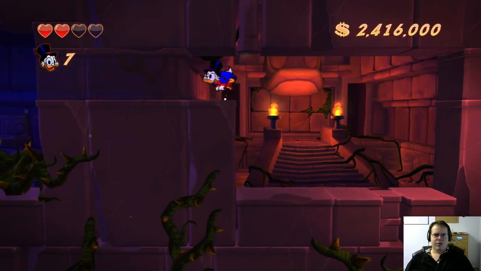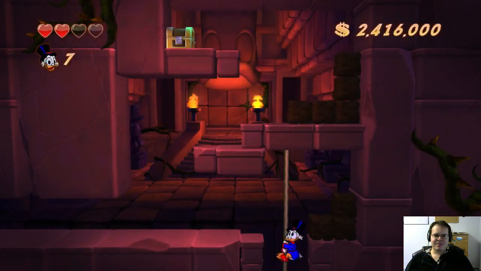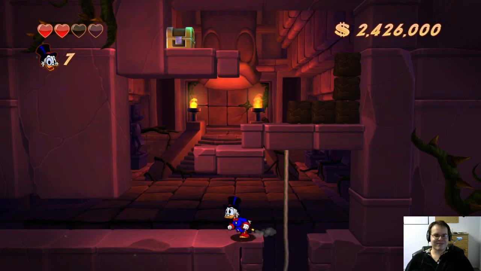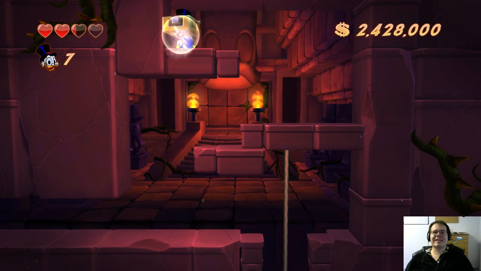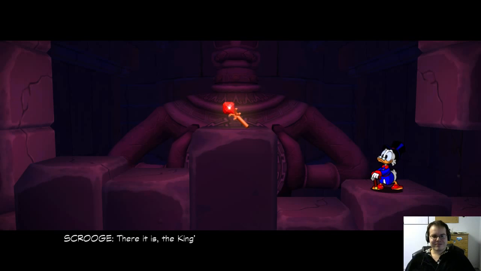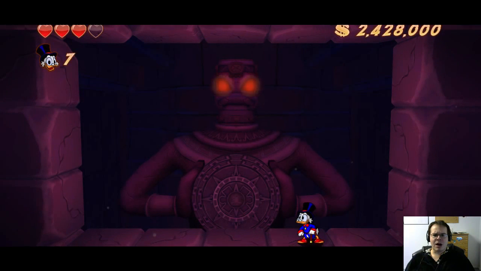Okay, we got 7 lives, we got 2.4 million Zenny. Good. I just can't use the right unit of currency no matter what game I'm playing. Although I guess, yeah, Misadventures... I didn't even think of this, but it's an all-Capcom lineup right now, isn't it? We got Misadventures of Tron Bonne, we just did Mega Man Legends, and now we got DuckTales. There it is, the King's Scepter. Well, I guess this is technically developed by Way Forward, but it's a remake of a Capcom game, so...